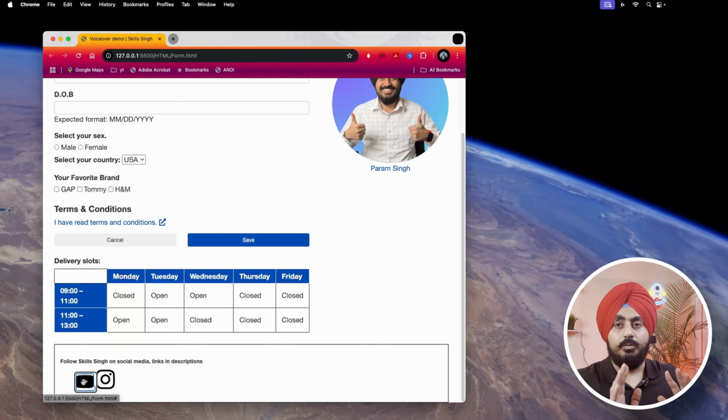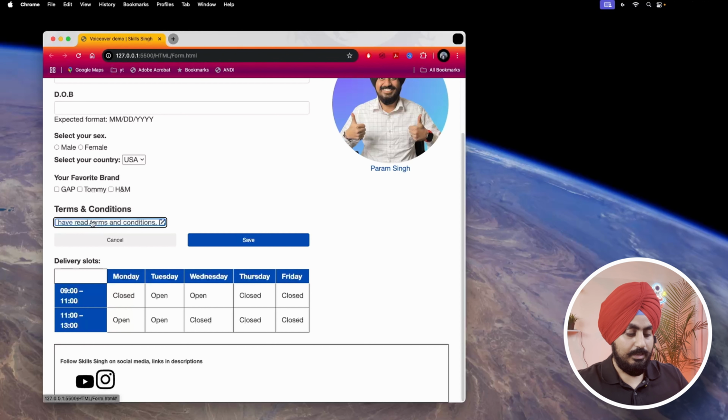Even if you are in your rotor settings and you are navigating using the up or down arrow keys, you can still press the enter key to jump to that section directly. So let's try the same thing by pressing the up or down arrow key for the links that we have selected. Karam Singh, link. I have read terms and conditions opens in a new window. First link, I have read terms and conditions. And the moment it recognizes that this is the first element on the page, which is a link, it announces first